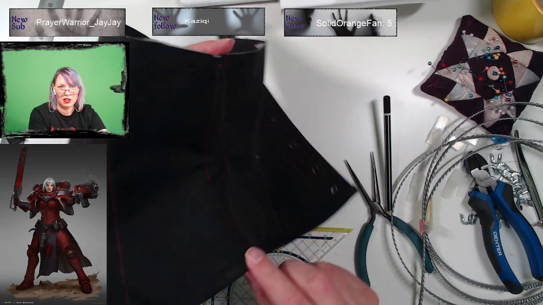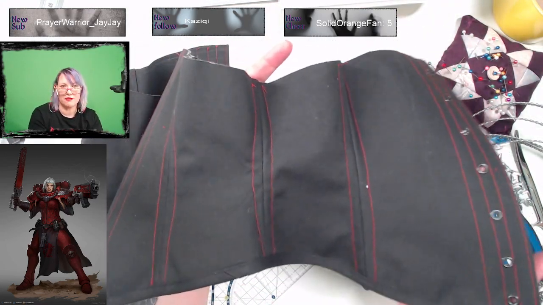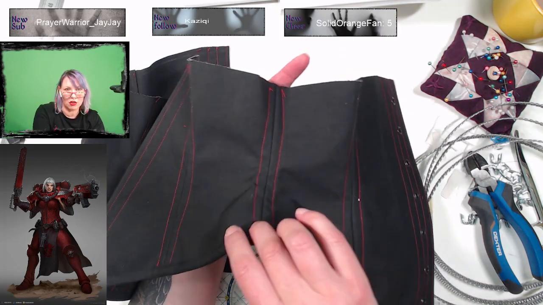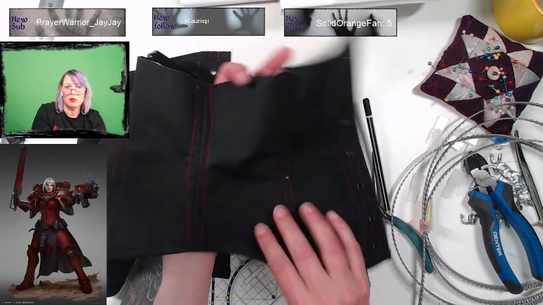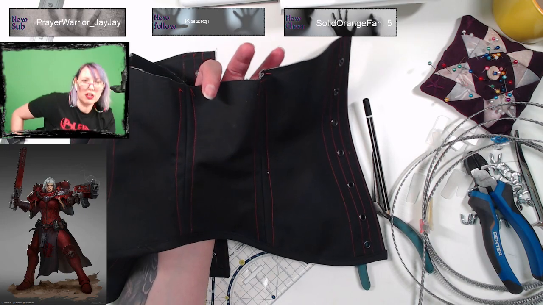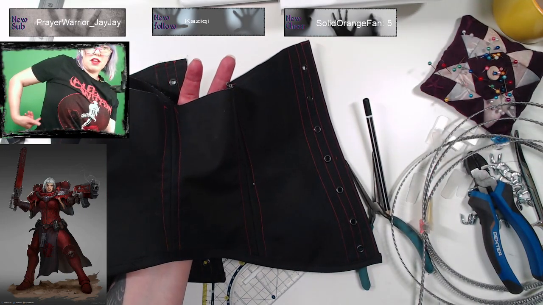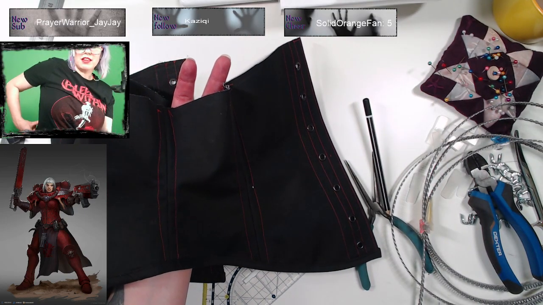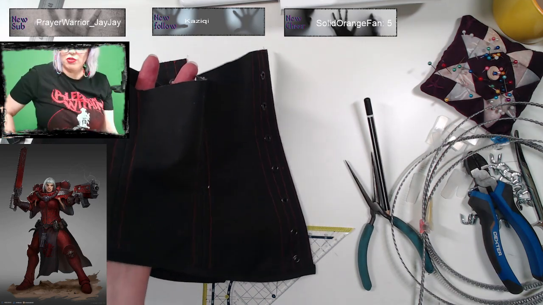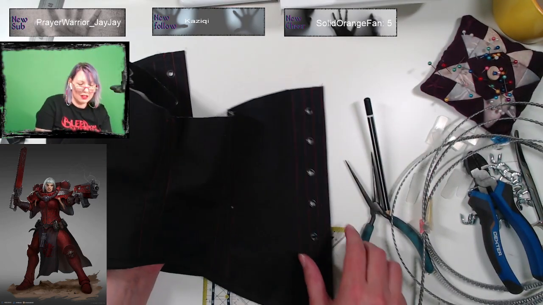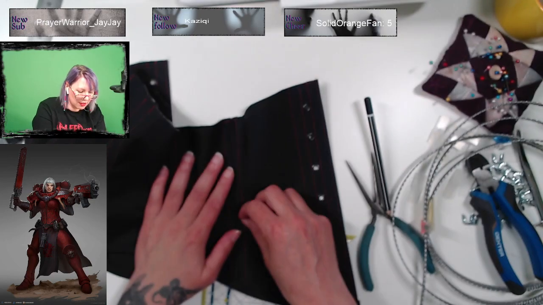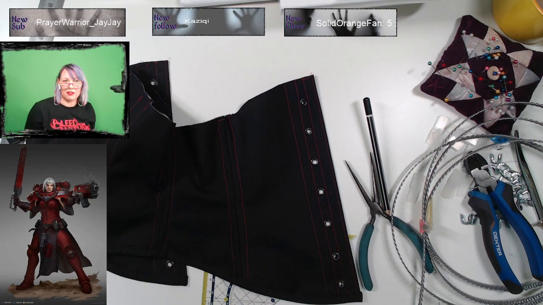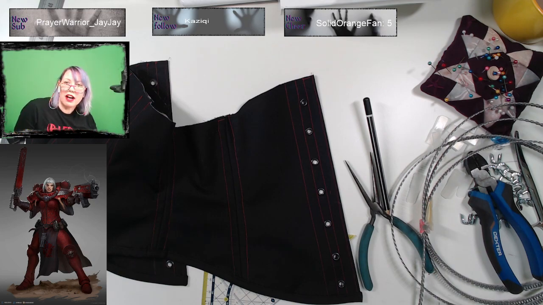Come on, camera, focus. So this is the curved bit. You can see even with the fabric, it's not straight, it's curved. Especially the one here, exactly in your sides, you need that to be curved so you can move. So any corset you buy these days should have at least spiral boning on the sides.